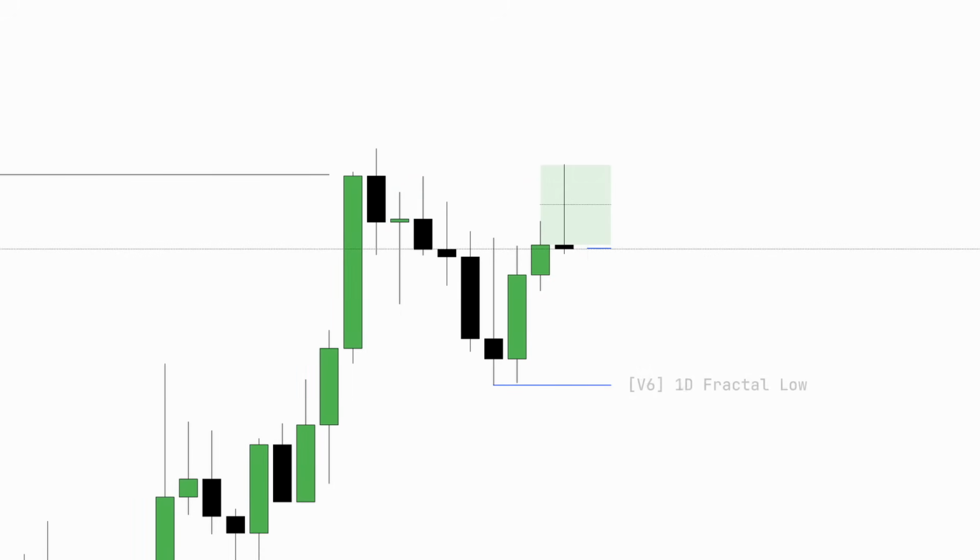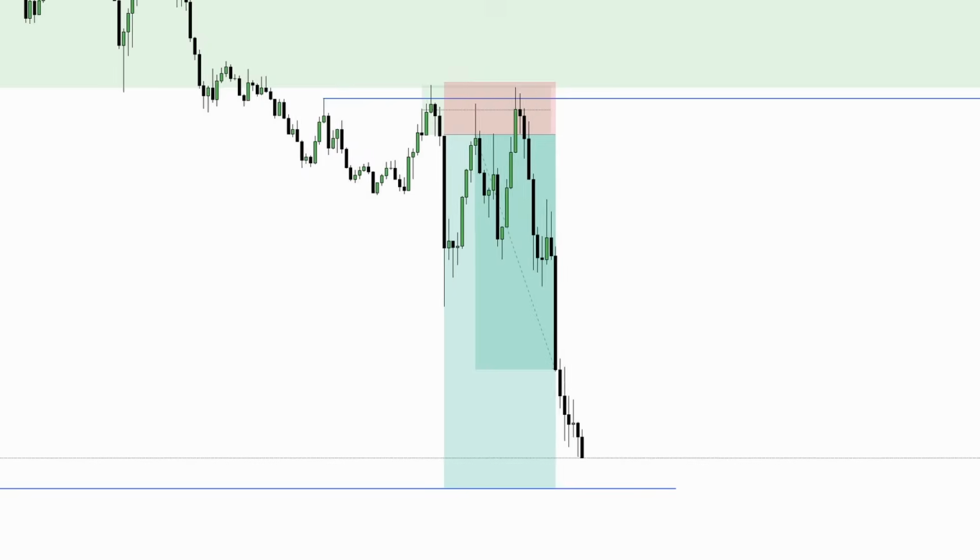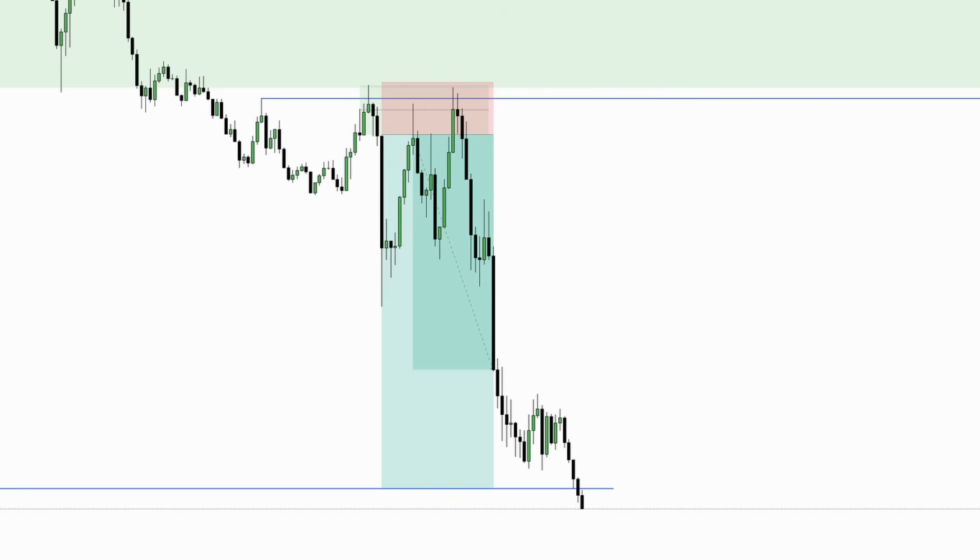As we already know, the target time frame is usually equal to variable 2 from our combination. Accordingly, the nearest target for our position can be the 1-day fractal low. The position can be opened, giving us a risk-to-reward ratio of 6.76 and a fairly quick completion for such a large distance.